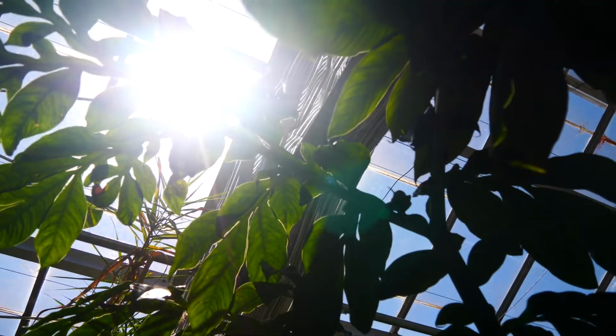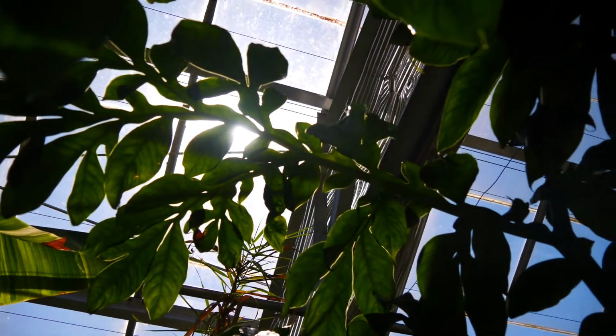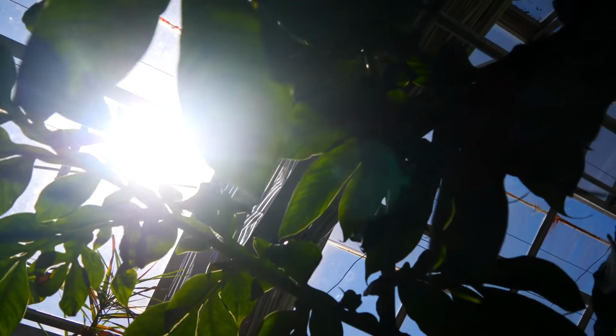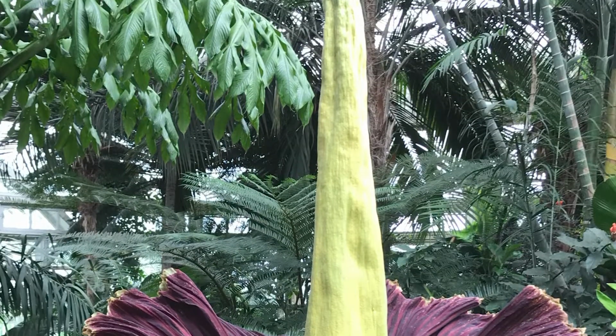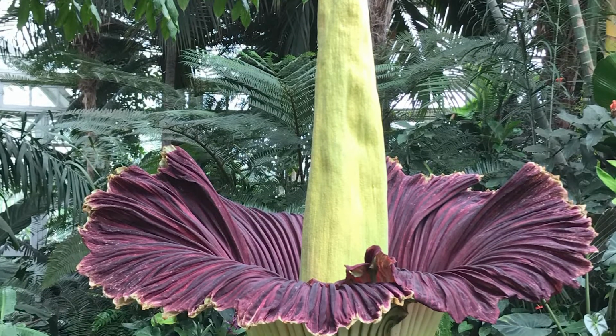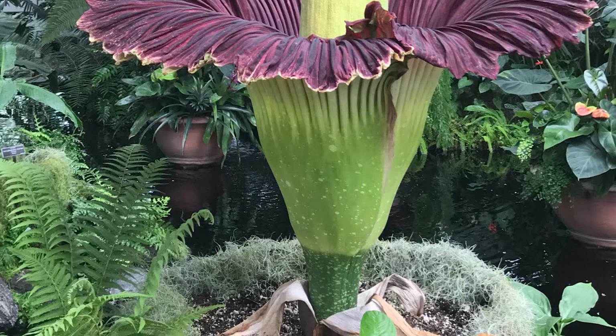Once they go dormant, they will remain in that state for 4 to 5 months, and then they'll regrow. Depending on the age of the plant, how mature it is and how much energy it has, it will either produce a new leaf and restart its second vegetative cycle, or it may enter its reproductive phase and produce a flower. The 2 that flowered in May of last year remained dormant after that flower collapsed for about 2 to 3 months, and they have since regrown. They are roughly between 5 and 6 feet tall right now. They have a single giant leaf, and they'll remain green for the next 3 to 4 months before entering their